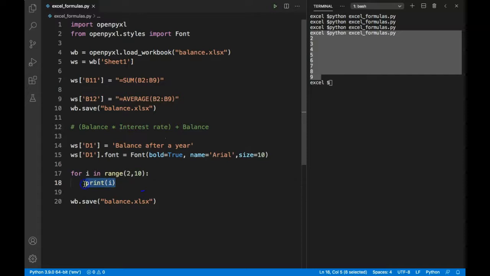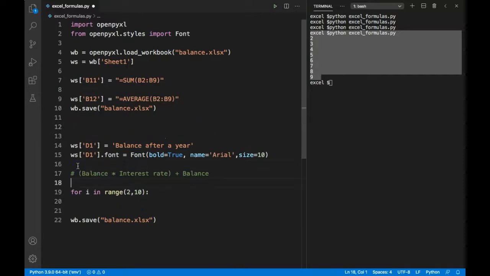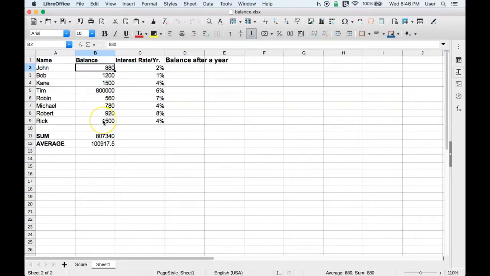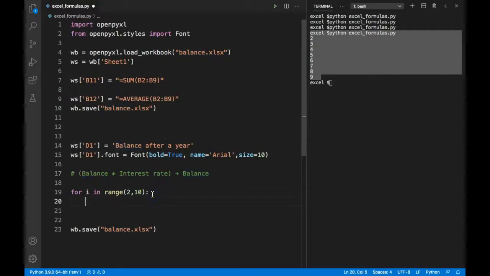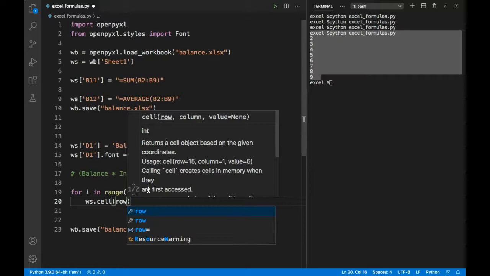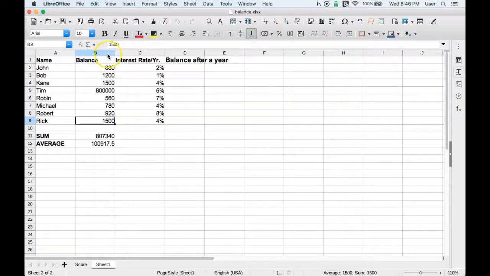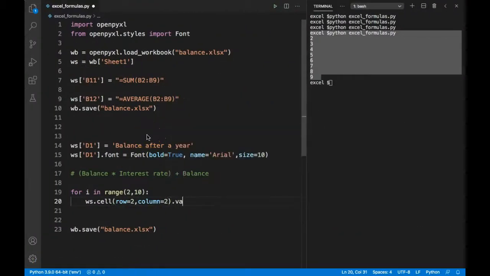Now let's work on our actual code. This is our formula. So first we need to get this balance column, and it's in the B column. We'll start from B2 and get values all the way till B9. So we know how we can do that. I'll directly say ws.cell, and here specify the row we want to start, so we want to start at 2. For column, we want to target the B column, so it's 2, and here we can specify dot value. We don't want to just get the value for the second row, we want to get from the second row all the way till the ninth row, so we can use i here